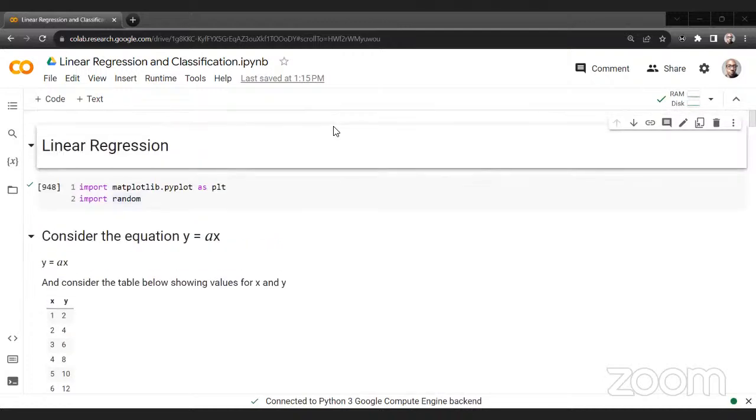So like I mentioned earlier, this is week 9, and we'll be looking at linear regression and classification. I think last week we looked at introduction to machine learning, where Alan discussed linear regression and how to learn from data using a linear regression model. So today we'll be looking at